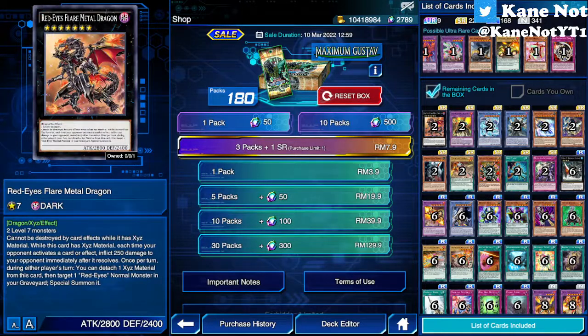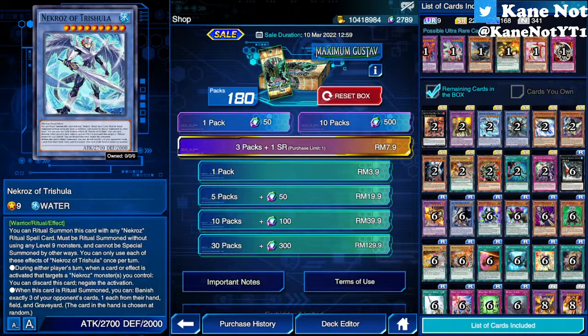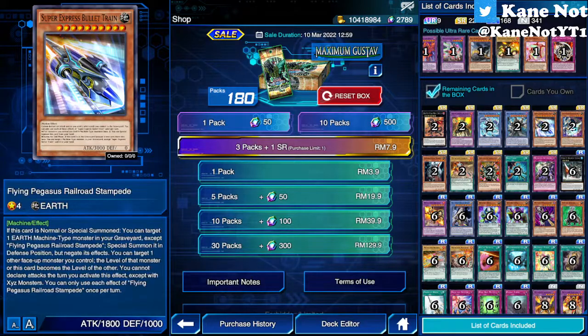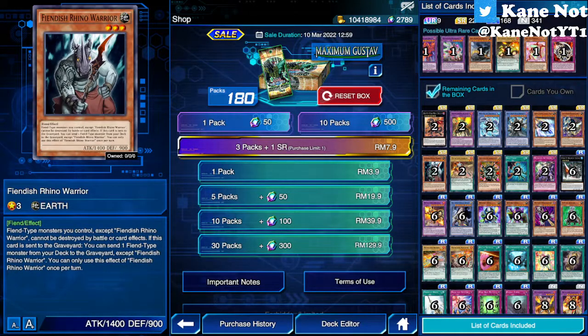Next up is Red Eyes Flare Metal Dragon. We already obtained this in the previous selection box. Next up is Full Malfoy's Alcahast. And also Necros of Trishula, Demise, Supreme King of Armageddon, Supreme Express Bullet Train, Flying Pegasus, Railroad Stampede, Fiendish Rhino